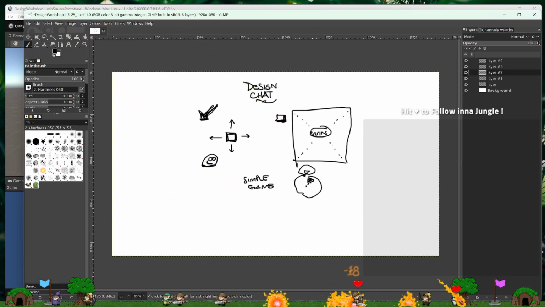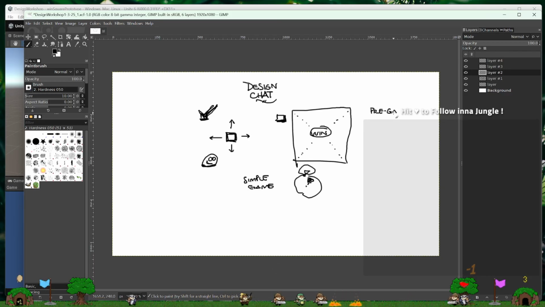This win square is shrinking. That's good. It does know about something called pregame, where the win square is not shrinking, and then game, where it is, and then postgame, where it does not again. So, okay.